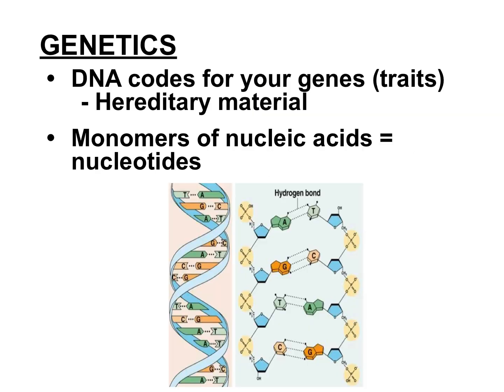So what exactly is DNA? What purpose does it serve? DNA is used for your genes, or think genetics. Your DNA holds the codes for your genes or your traits. Okay. So your DNA is essentially this list of instructions that tells your body how to make you, you. So DNA, we say, is your hereditary material. So in your notes, go ahead and get this whole first bullet point down. Okay, so you need to know DNA is going to code for your genes, which are traits, which is called